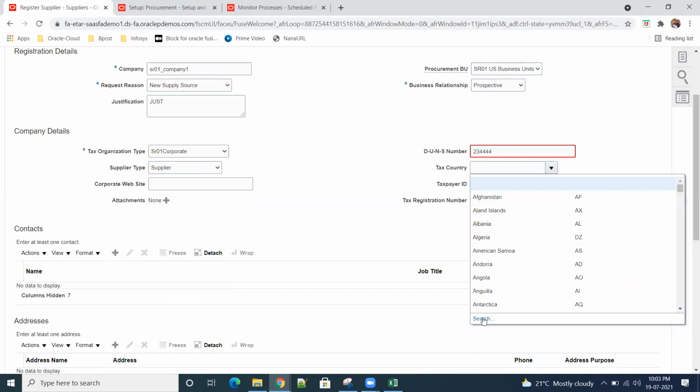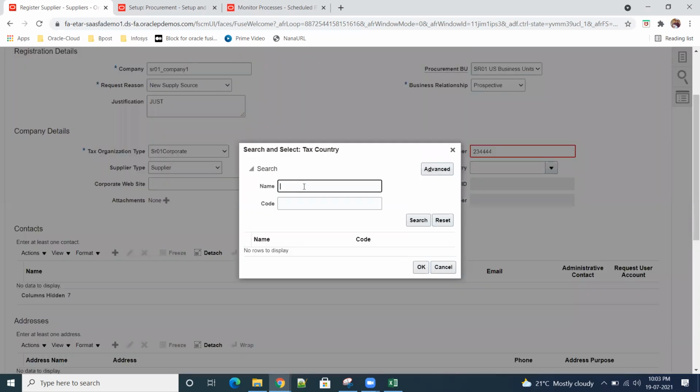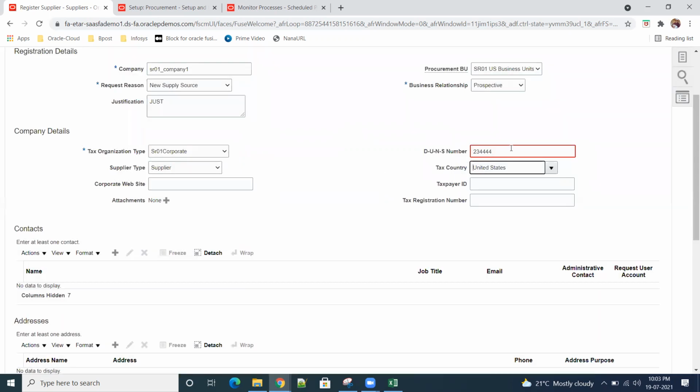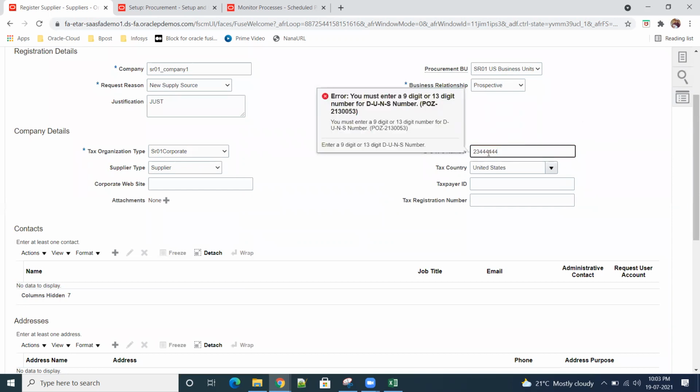Tax country, US, United States. Must enter how many, 2, 4, 6, 8, 9, one more.